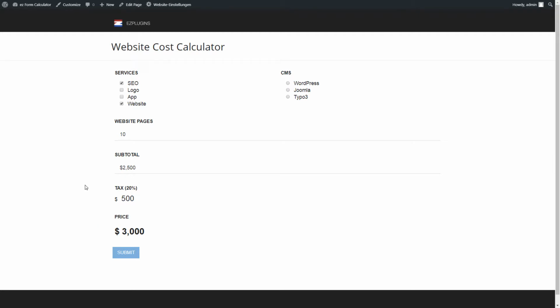So now we have a fully working website cost calculator, along with some checkboxes, some radio elements, a numbers element for the website pages, a subtotal element, a text element, and the final price. So now your customers can fill out the form and submit it